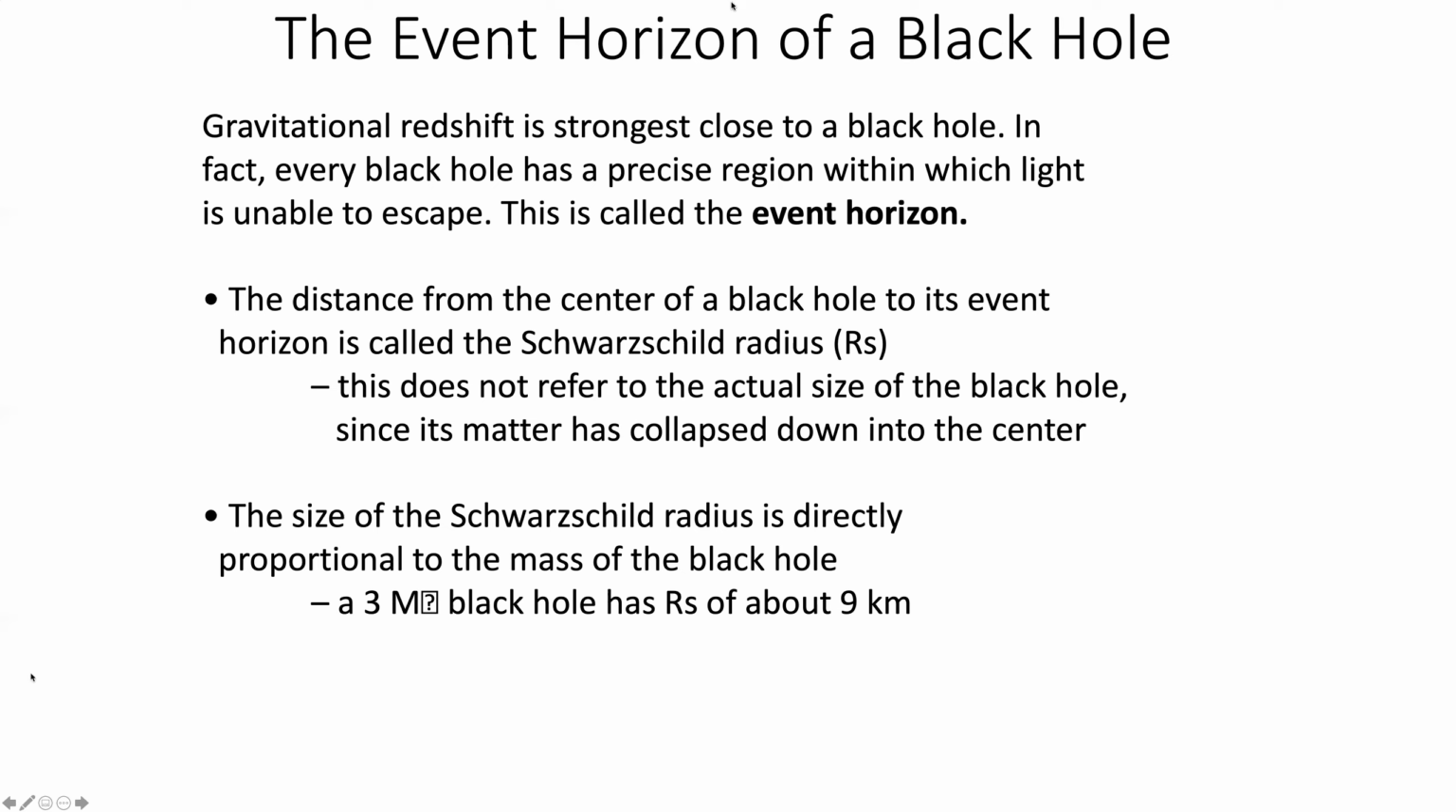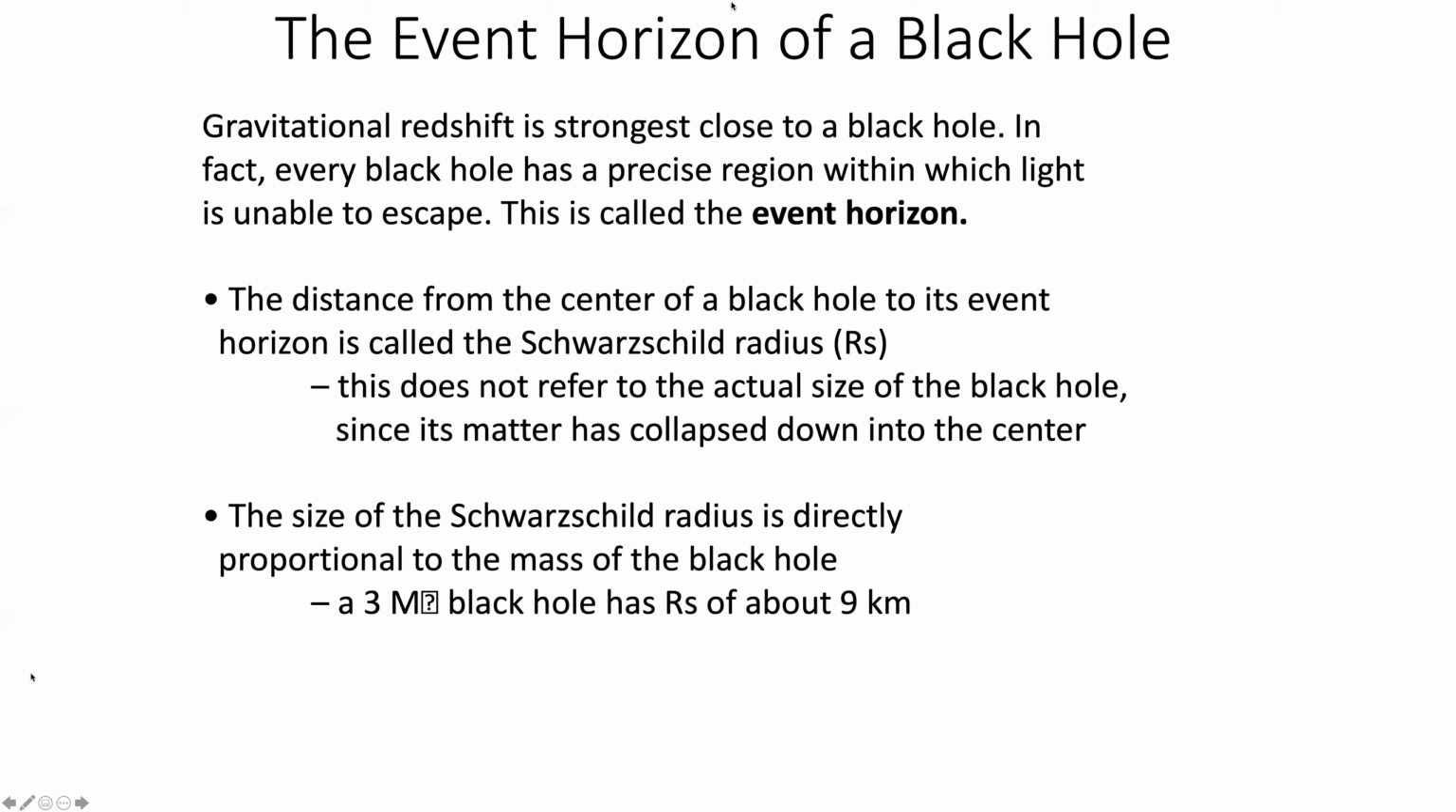And the distance from the center of the black hole to its event horizon is called the Schwarzschild radius. This does not refer to the actual size of the black hole, since its matter has collapsed down into the center. Rather, it is a radius measured from the center towards a particular point, which we call the Schwarzschild radius, which we call the event horizon. Now, the importance of the event horizon is that